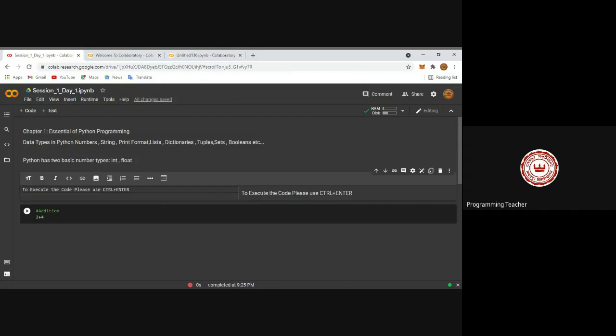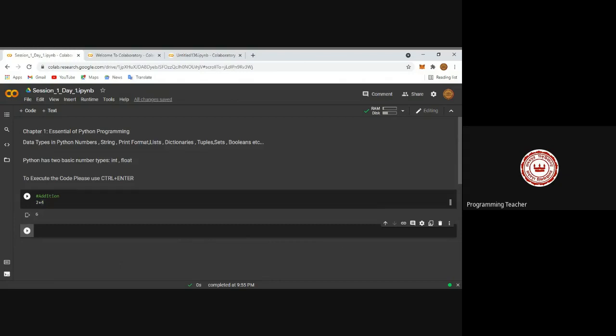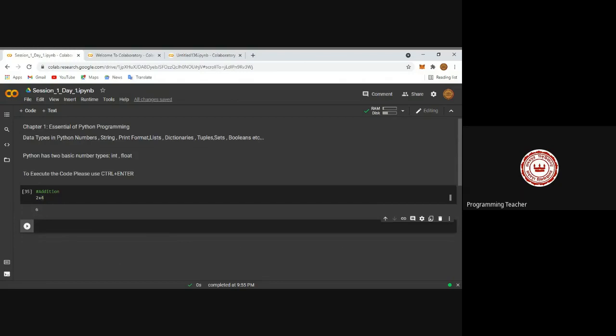So if you try to do this with this particular addition, that is 6. There is no coding complexity. Automatically you can run. There is very easy syntax. So this is the part of addition.